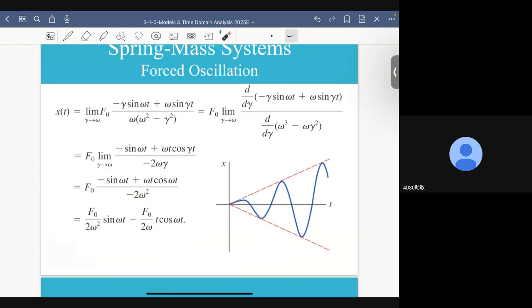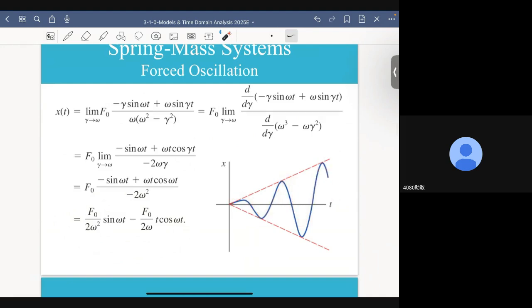How do you interpret this result? Why do we have such a result? What is the physical meaning of this result? How can I use that physical meaning for my applications? Now, to understand what will happen, we simply plot it as a function of time, and this is what will happen.